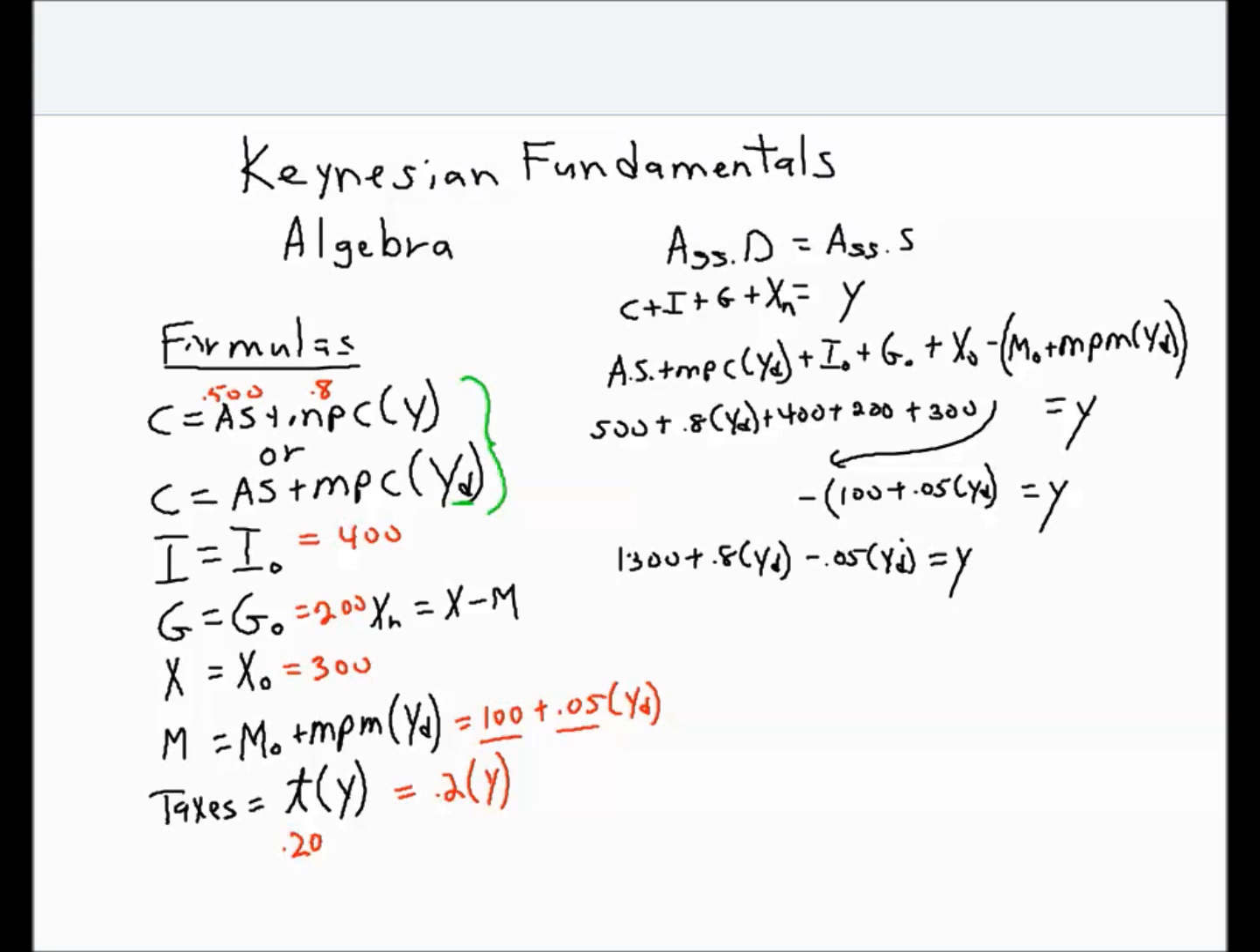Okay, so in that step, all I've done is gathered up all my whole numbers, and then I gathered up my two YD terms. Now I'm going to combine those two YD terms, so I'll have 1300 plus 0.75 times YD equals Y. See that? Okay, so now I'm stuck. I have a YD, which stands for disposable income, and I have my regular Y on the right side. So I need to somehow combine those things, and the way I do it is I use this equation that